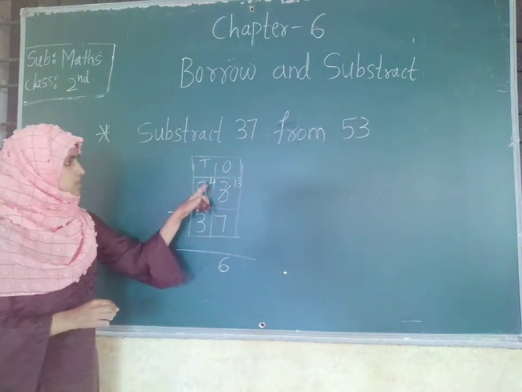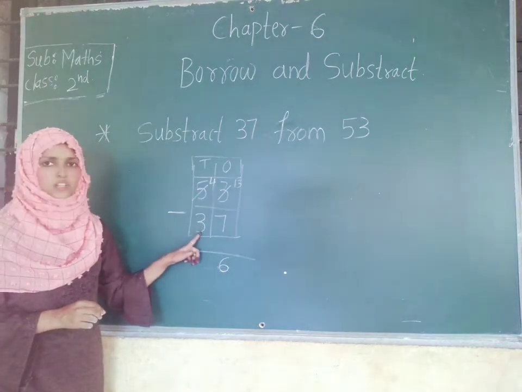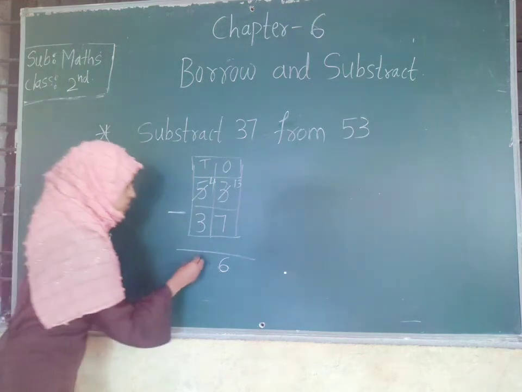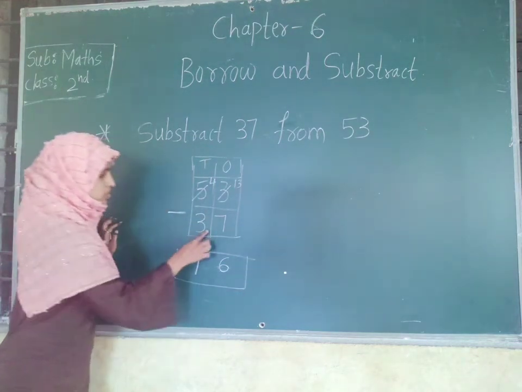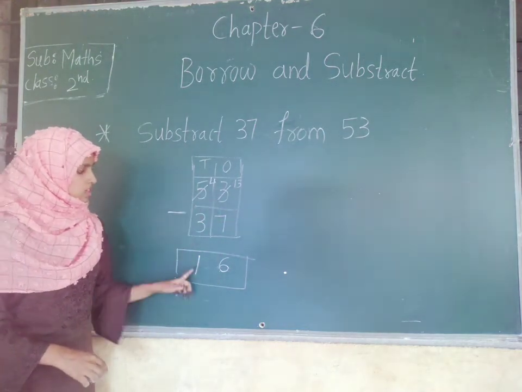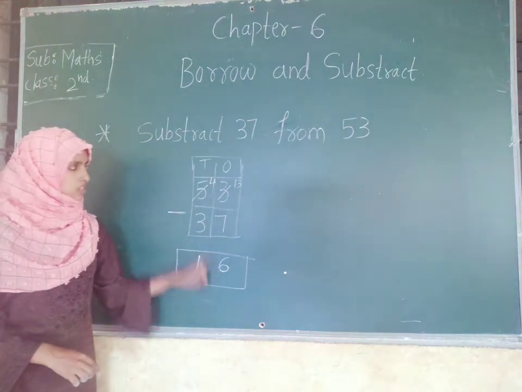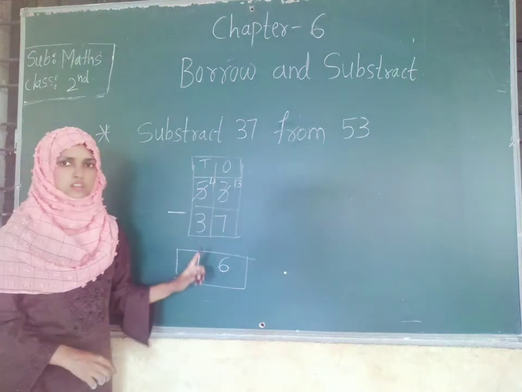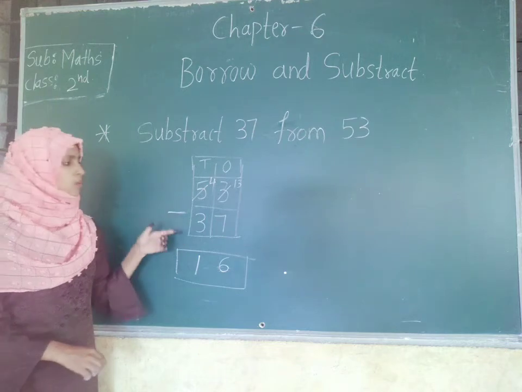Okay. In tens place we have 4 and 3. So we can easily subtract this 4 with 3 because 4 is greater than 3. So 4 minus 3 is equals to how much? 1. So the difference of these two numbers is equals to how much? 16. So 6 ones, 1 ten. We can regroup this 16 as 6 ones and 1 ten. Otherwise we can say 16 ones. Understood how to subtract two digit numbers with borrow?